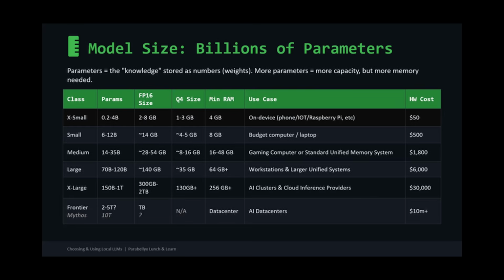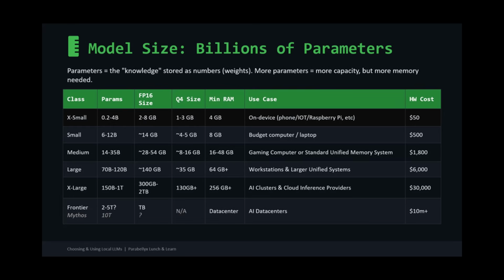2 to 5 trillion parameters. The new one that's coming out soon, or is kind of half out, is supposedly 10 trillion. This is all cloud stuff, 100 million in hardware to run. However, we can go all the way down to a 0.2, which is 200 million parameters. And that's pretty small. In fact, it's small enough that it's almost worthless to use, but it can still function